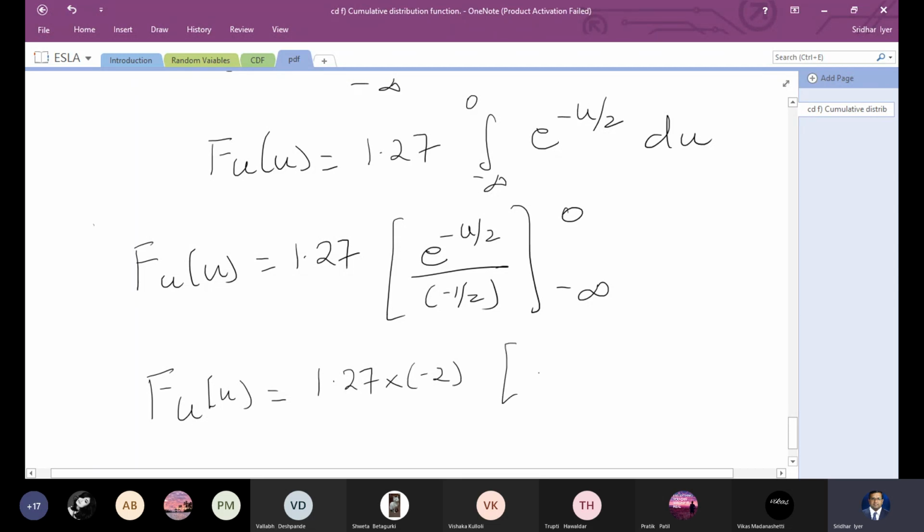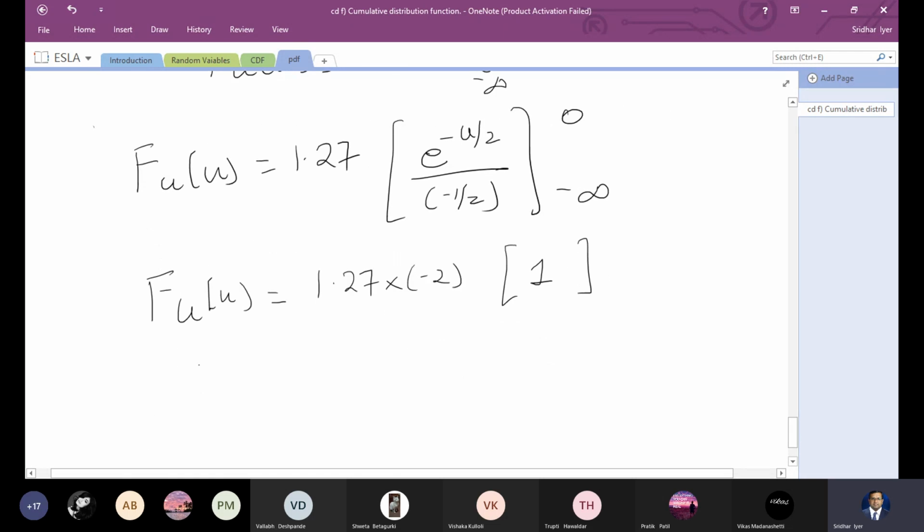You have e raised to minus 0, which is 1, and you have e raised to minus plus infinity, so that is going to be 0, right? Therefore, fu of u is negative 1.27 into 2, which is nothing but negative